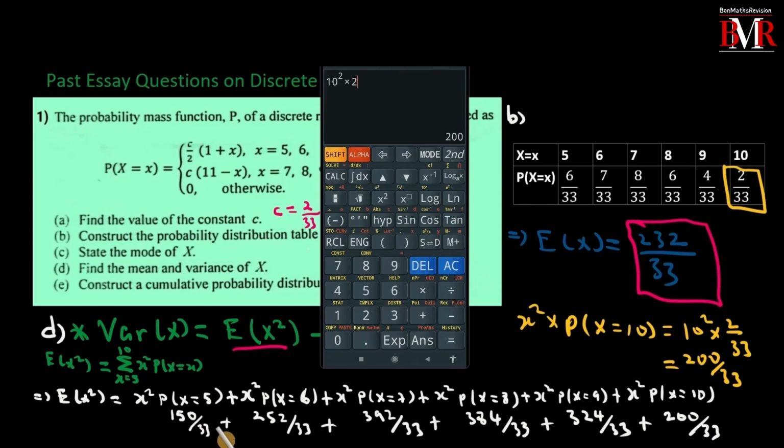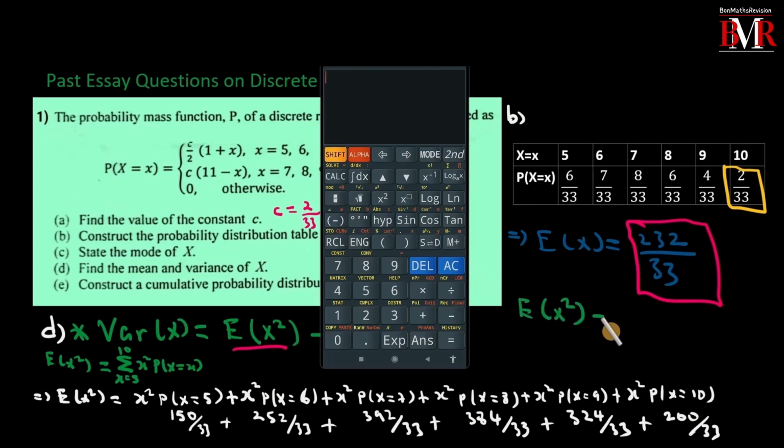The fastest way to do this is to add the numerators and take it all over 33. That means E of x squared is equal to 150 plus 252 plus 392 plus 384 plus 324 plus 200, which will give me 1702. That is, E of x squared is equal to 1702 all over 33. Now I've gotten E of x squared and E of x, so I can now calculate